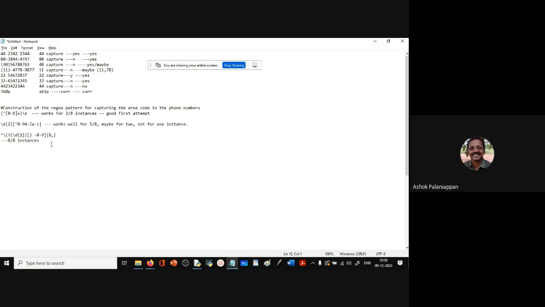All right. So now let's write. So this is the pattern. This was the difficult part, I'm sure you'll all agree. Okay, so now let's try to write a program that will employ this pattern and process a file that contains these phone numbers, extract the area code from the file, and print the area codes. Are you ready for that?